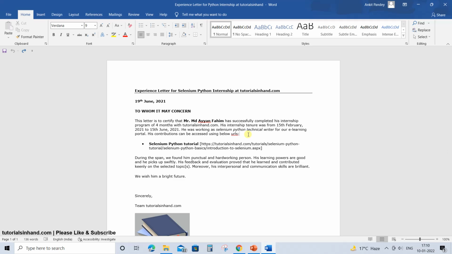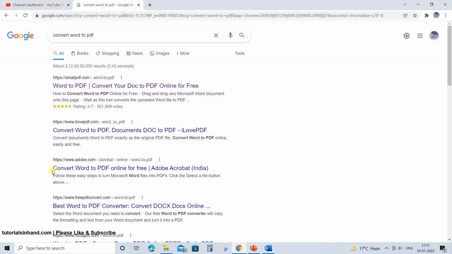Generally, whenever you are asked to send your CV or resume to a company, they ask you to send it in PDF format. There is a disadvantage in using online converters because you are sending your data. Suppose it is your CV and it contains your mobile number, your permanent address, your college details, and a lot of other personal information. It would be shared to the server of the website where you want to convert, and that data can be misused.